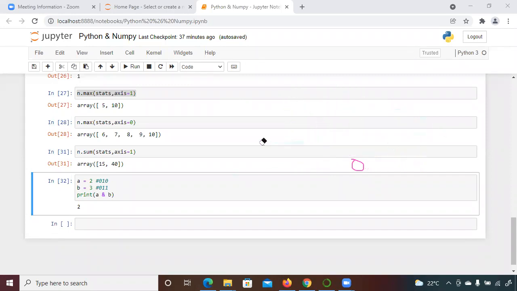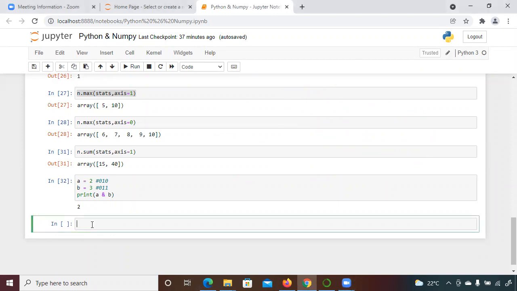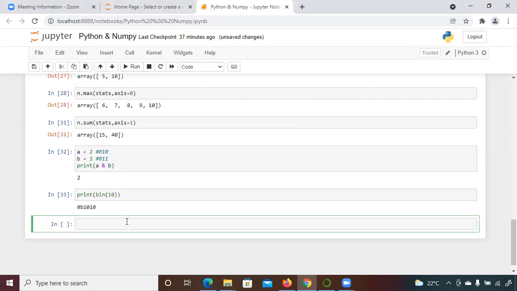Still, if you want to find out the binary representation of any number, suppose you don't remember it, how can you find it out? Print binary, and in that binary you just pass the value. For example, you can see here 0b means binary.